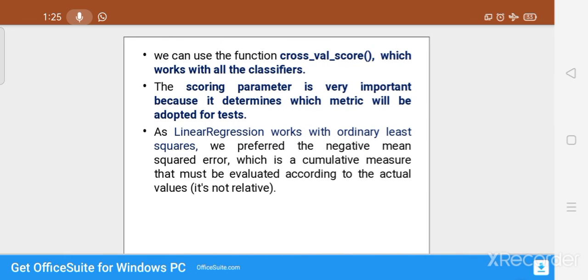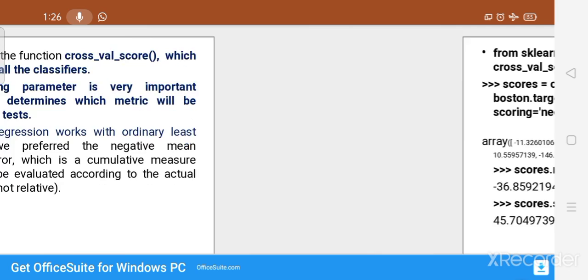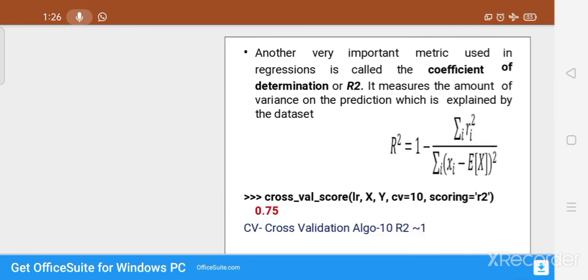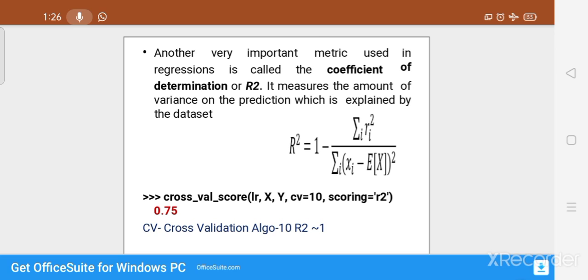The next important function is cross_val_score, where the metric to be adopted for tests is specified. Another important metric is the coefficient of determination, which measures the amount of variance between the predicted and the actual data. So this is all about how to measure the accuracy of the model.